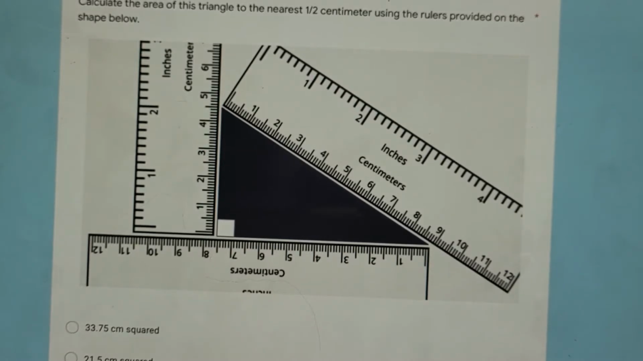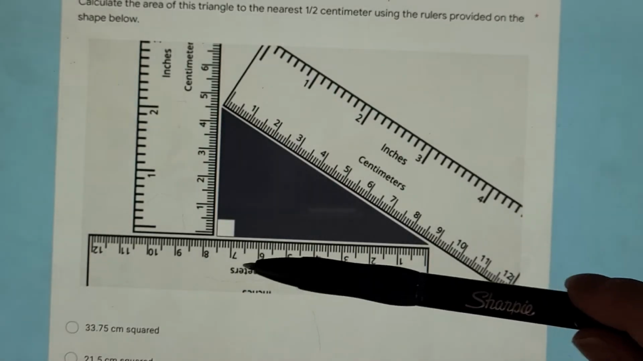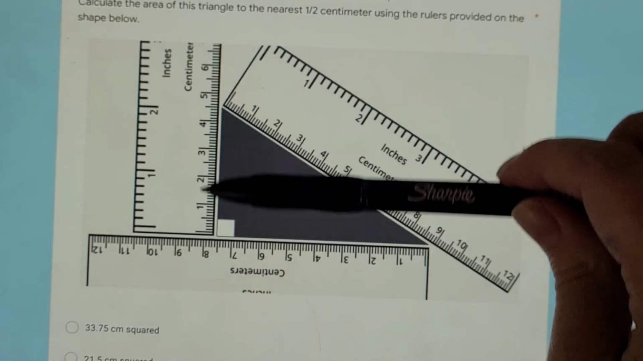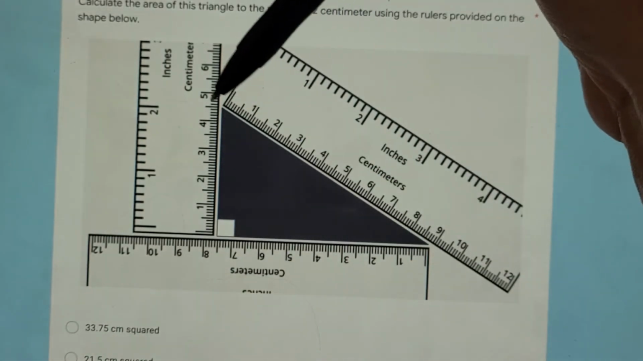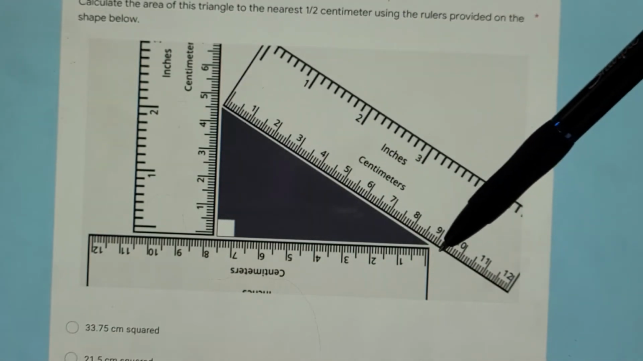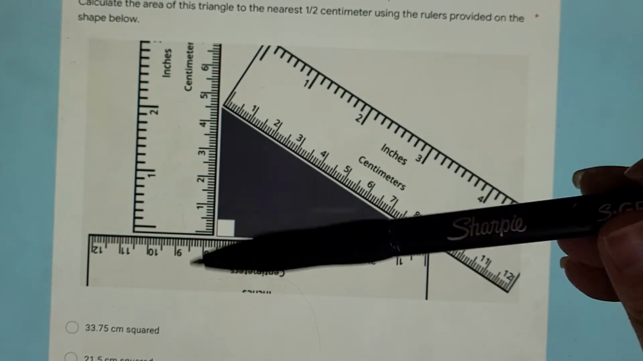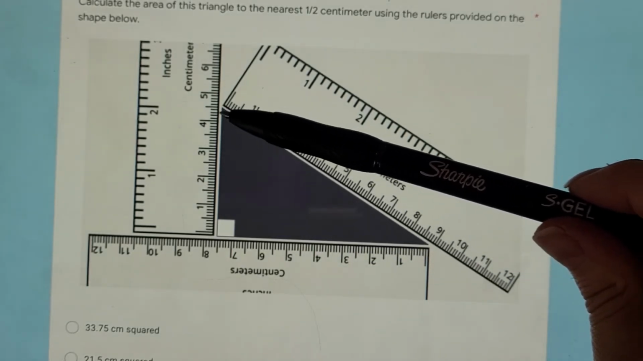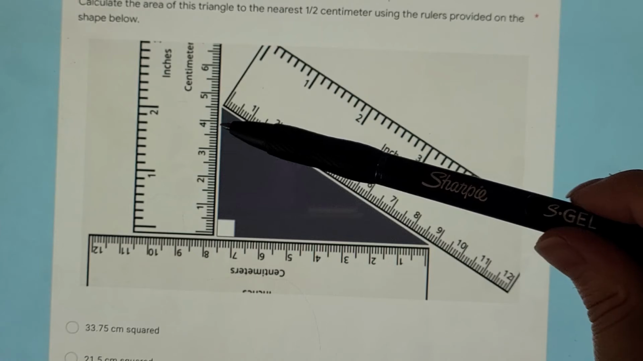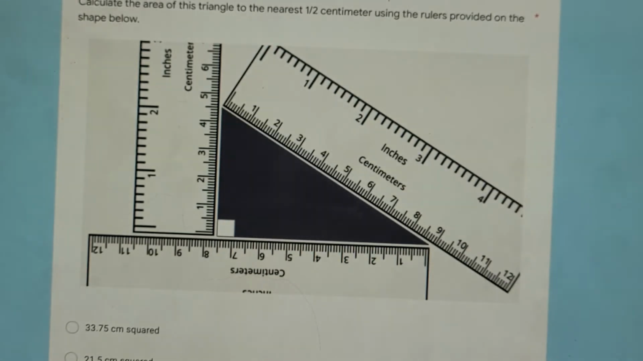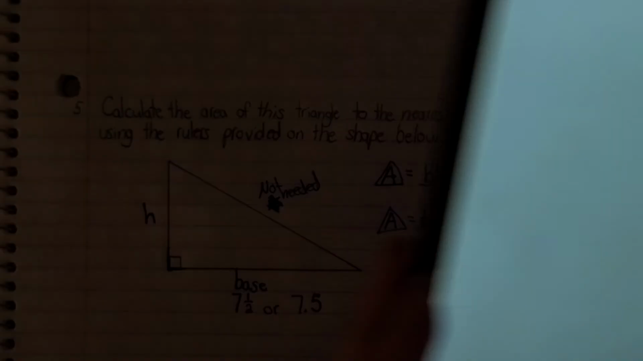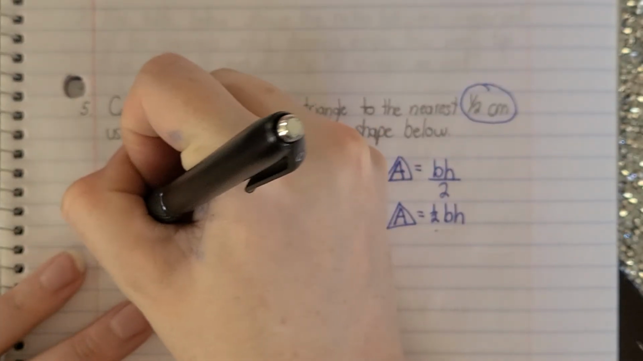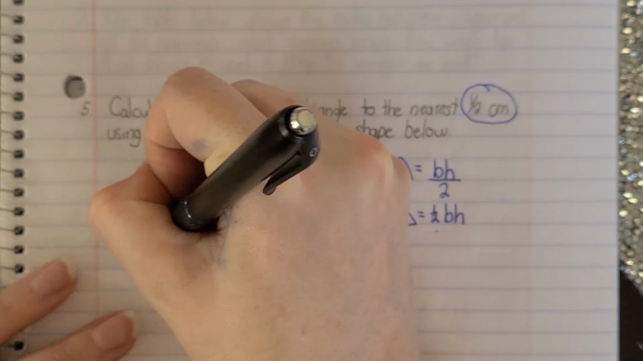The other measurement we need is your height. Remember, we said that your base and your height are off of that right angle. So your height is this straight up and down side. We don't need the slanted side at all. We don't need this measurement of 9 at all. So our height goes up 1, 2, 3, 4, and it's about at half. Okay, so that's about 4½ centimeters. All right, so our height is about 4½, or you could write it as a decimal and say 4.5